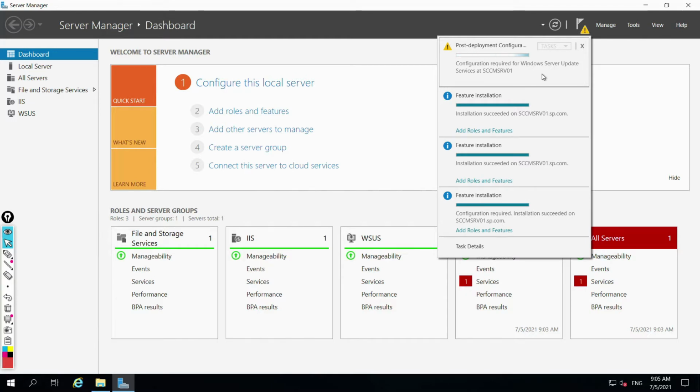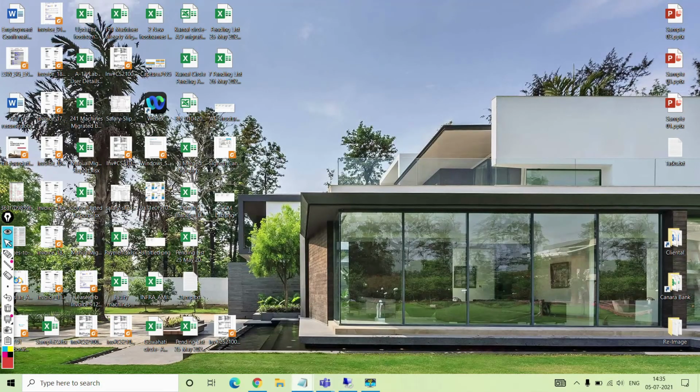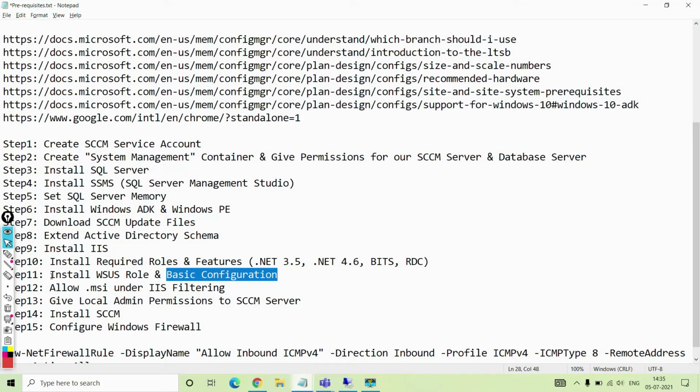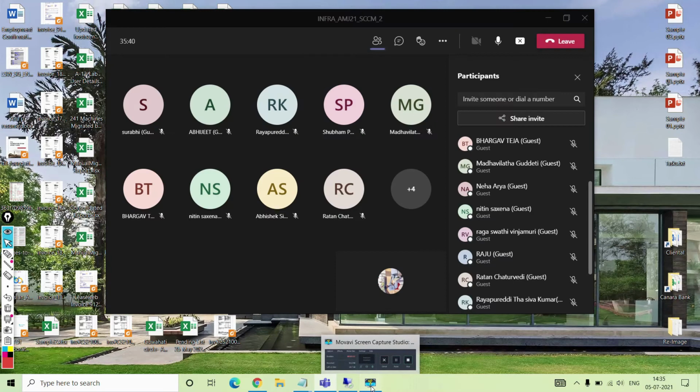Right, so meanwhile this gets completed, the window opens. I'll give you 10 minutes to do these steps. So what you need to do, you need to install the WSUS role and click on launch post-installation task. So 10 minutes to complete the steps.